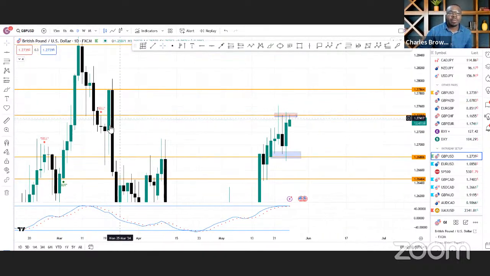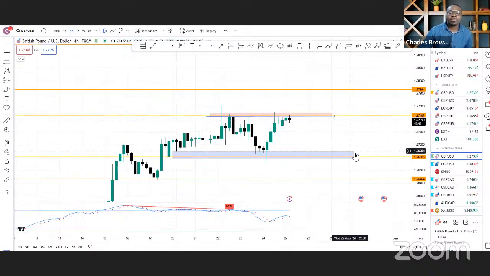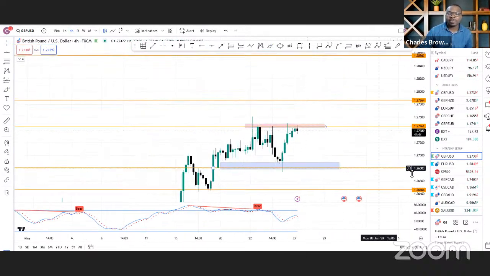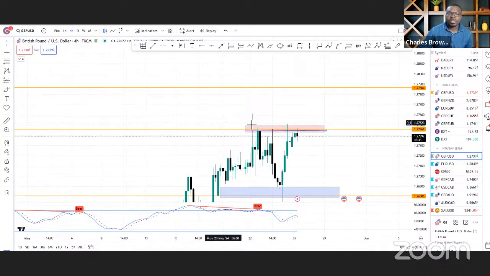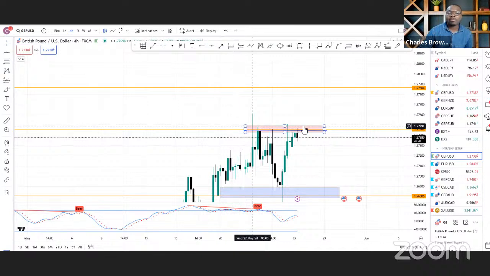So this imbalance needs to be taken out. This high structure, if the market is bullish, needs to be taken out. So we need to now go to the 4 hour and look at the behavior of the candle. We can see that the price action here is liquidity. We have liquidity here, which also price is rejecting at